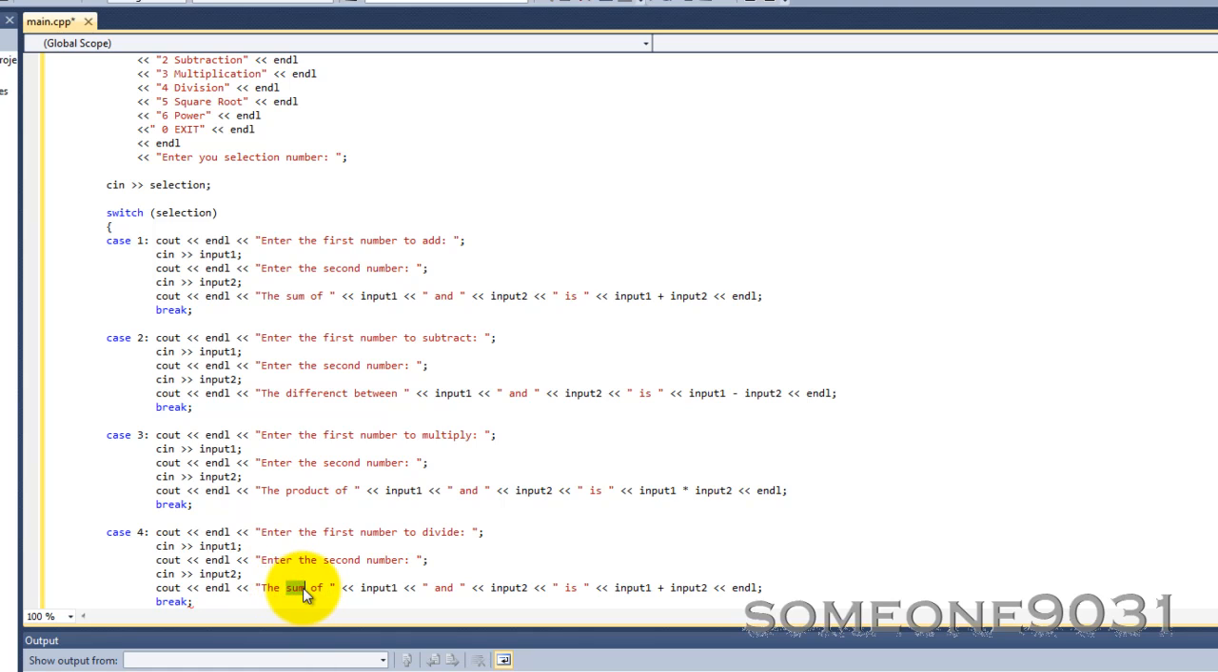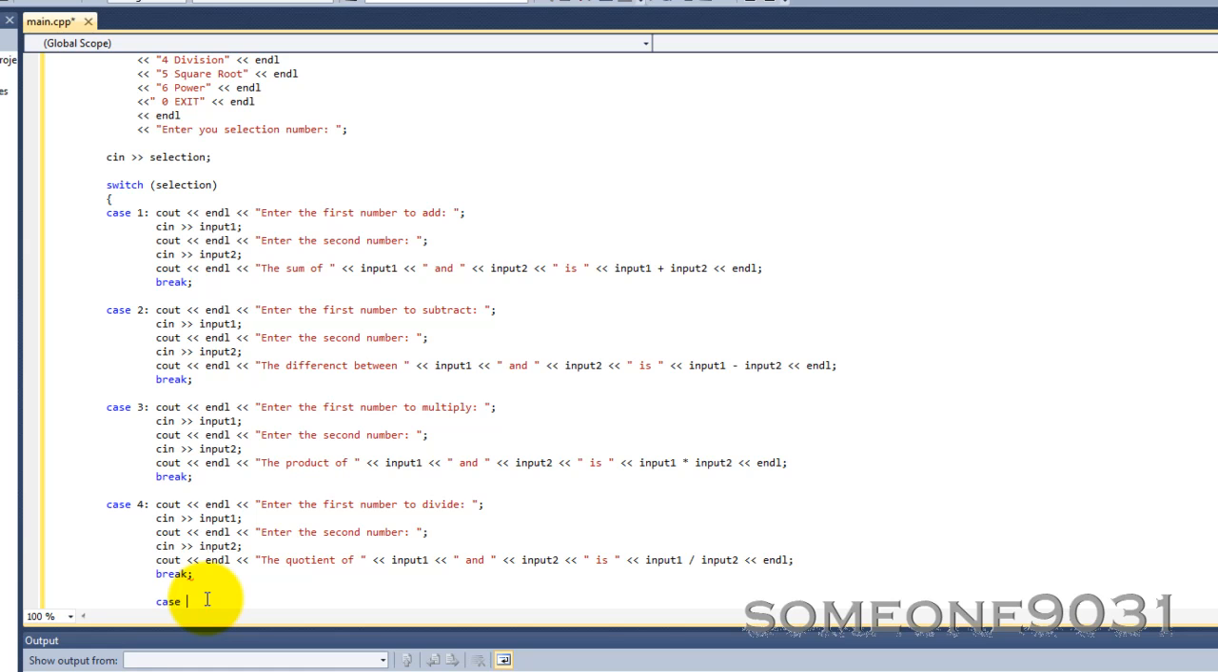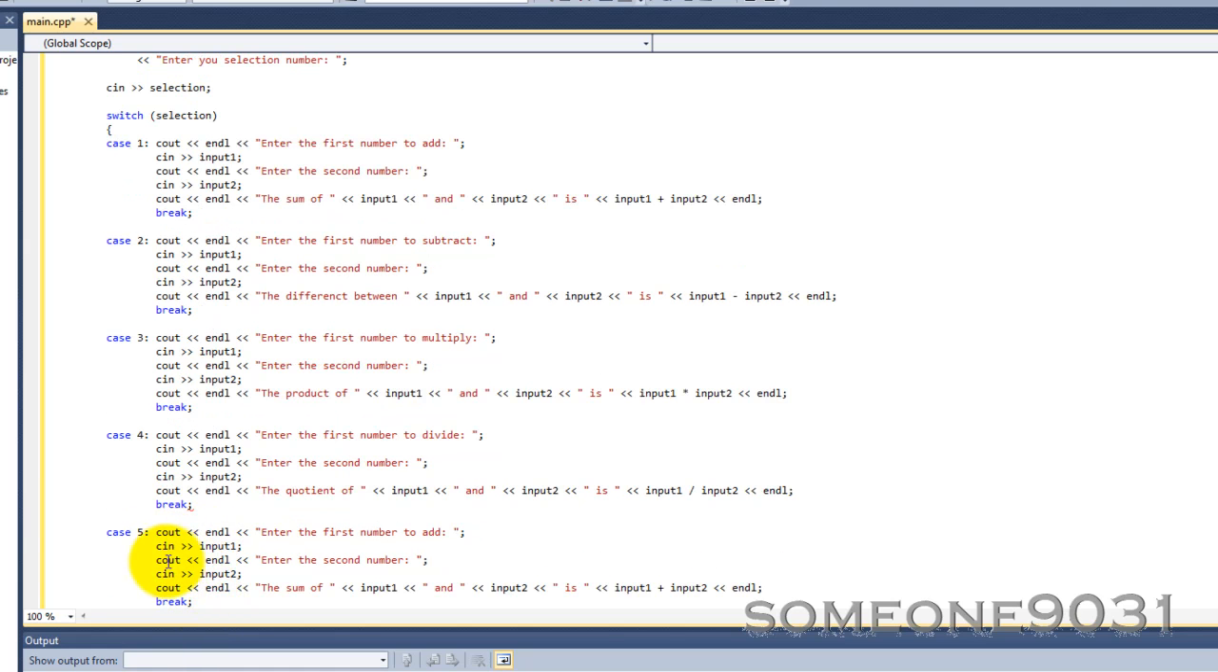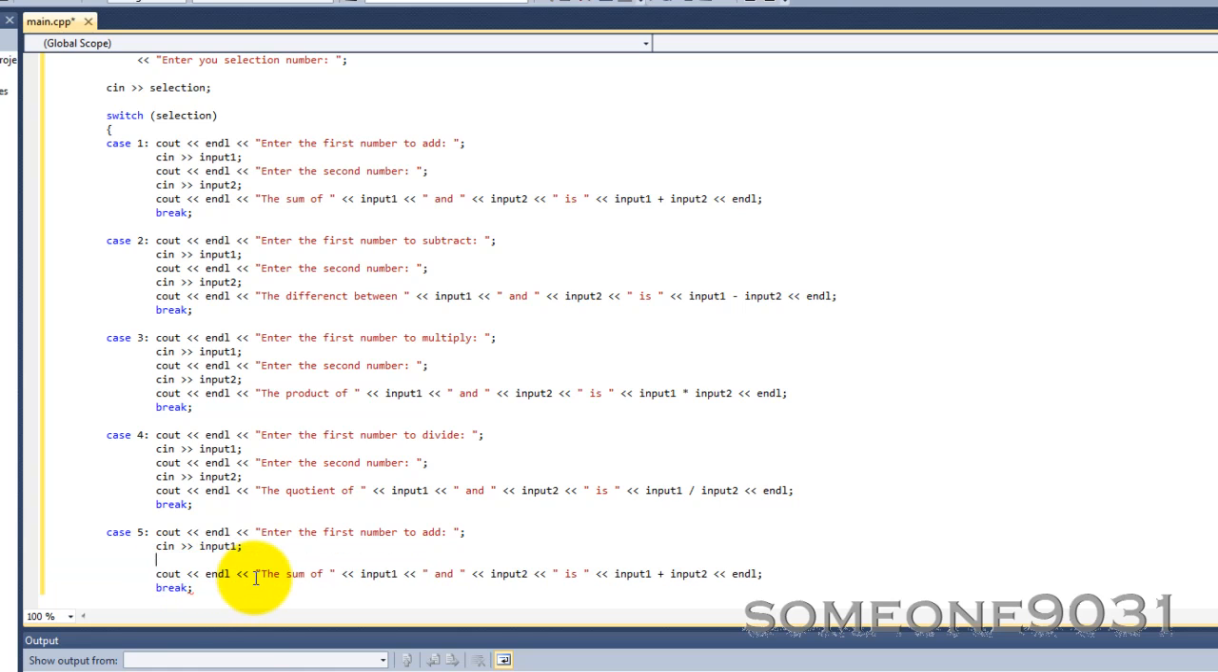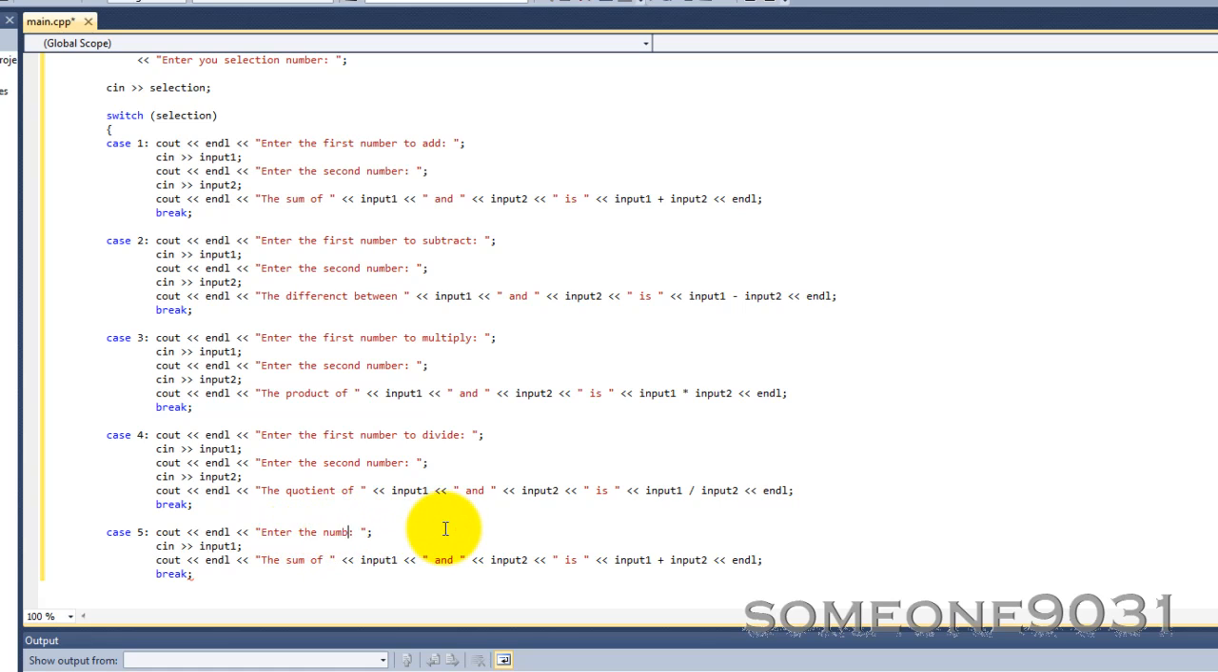And then this change to quotient. This change to divide. And then now we have square root. So square root, same thing. But now you can get rid of all of this because this is square root, so that means only one input. So enter the number you want to find the square root of, and then the square root of input 1 is,